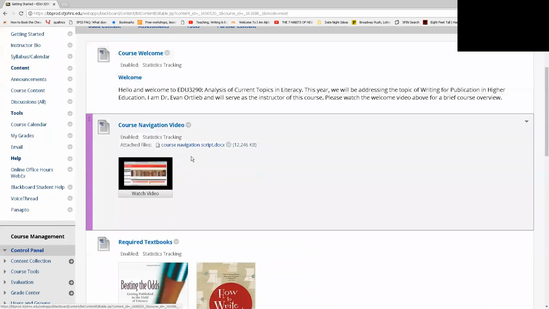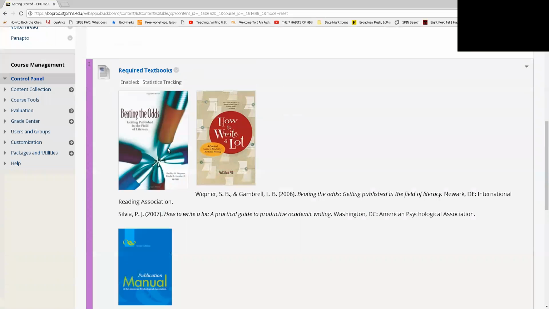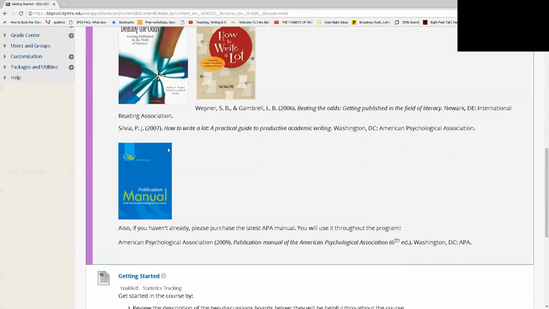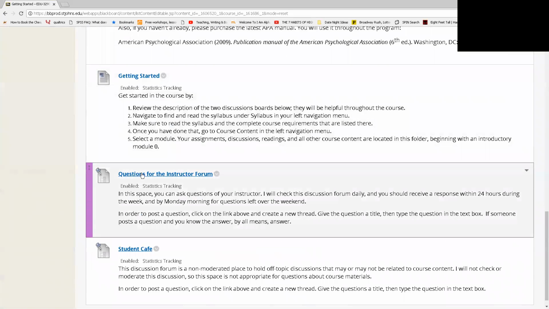So if we click the Getting Started page, you'll see a number of things, including a welcoming message, along with a course navigation menu and video featuring the how-tos of how to go about finding assignments in your weekly content, along with some pictures and information about the required textbooks for the class. And then we go also into a separate section where students can ask questions from the instructor directly, and those will be posted for other people to see, both the question and the answer, which we find is a good